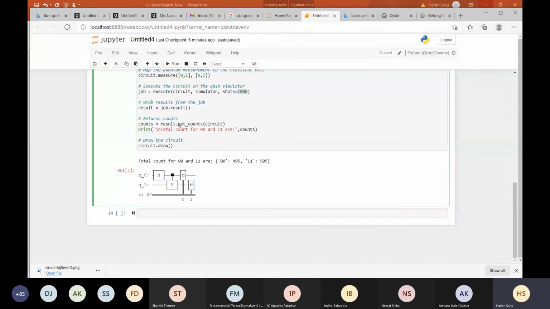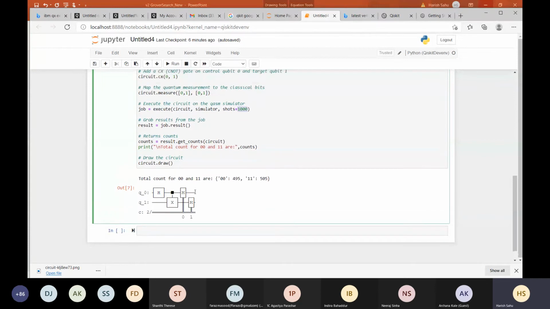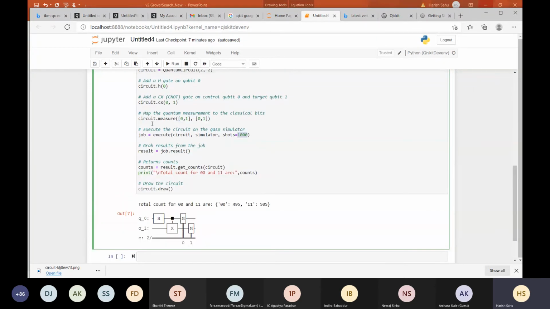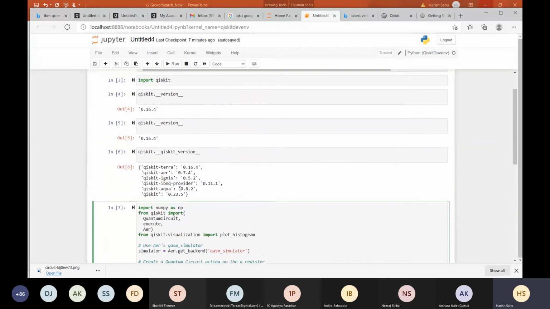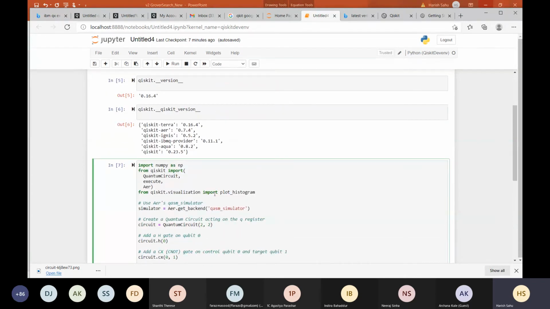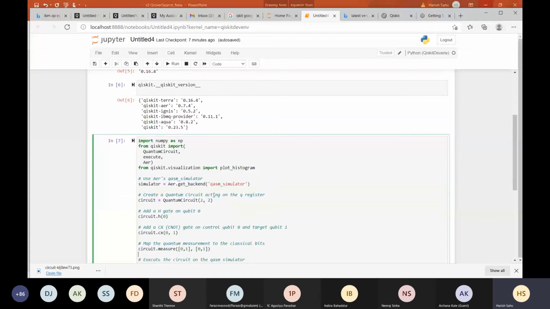On running this circuit, you see that this kind of circuit is created. 2 qubits were there and 2 classical bits were used. On the first qubit we apply Hadamard, then we applied the controlled-NOT, and then this measurement we have done. The same thing you can do here for the Deutsch-Jozsa algorithm, Grover's, or whatever code you want to do. Just some parts like the visualization you need to import, and you need to get the backend, whatever backend you require. You may be requiring an actual device.